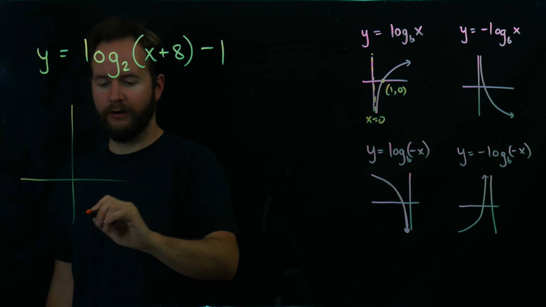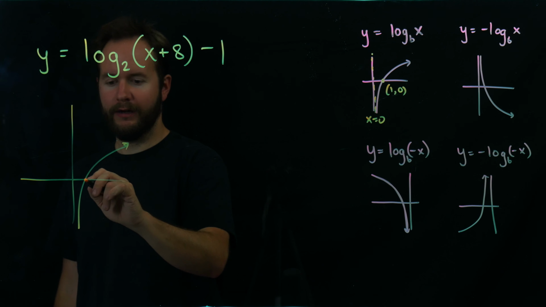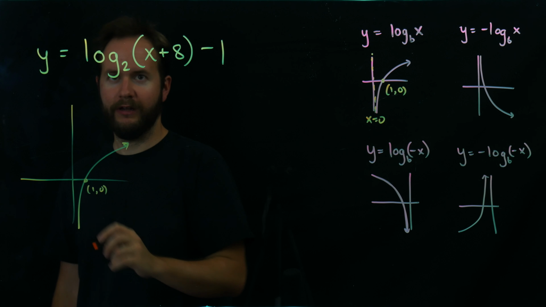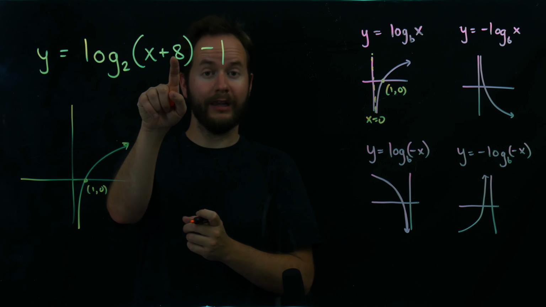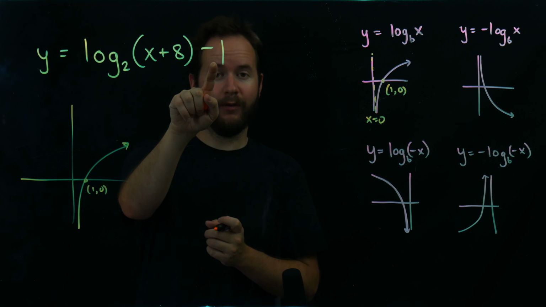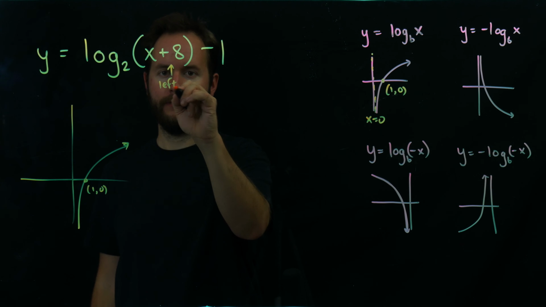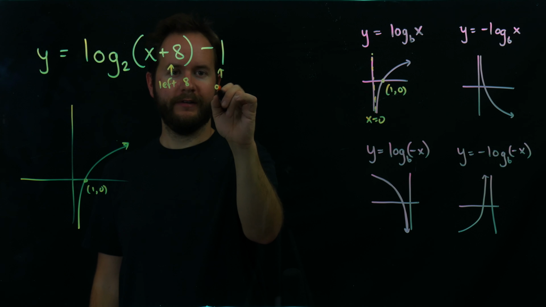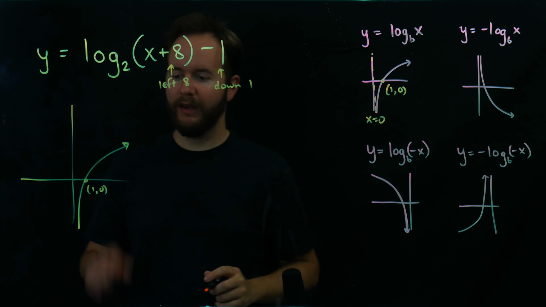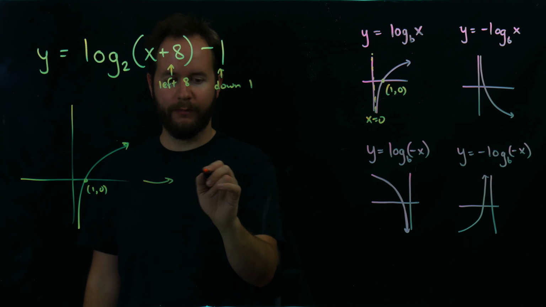We're going to start with just our standard log graph, but then keep in mind that in addition to our standard log, we have a leftward shift of 8 units and a downward shift of 1 unit. So this is left 8, and this is down 1. So bear that in mind when we draw this new graph. We're going to say this now becomes,